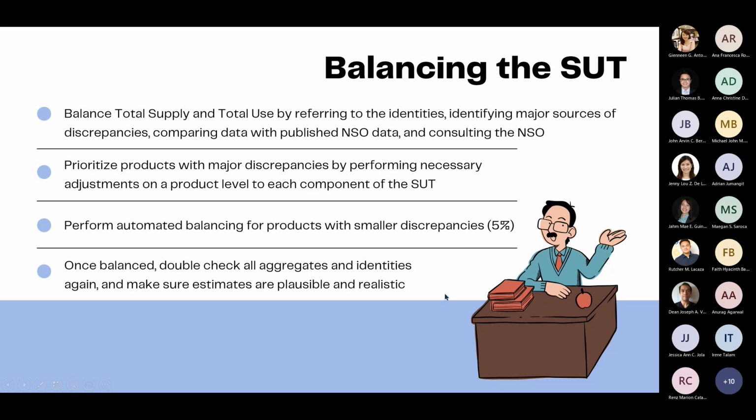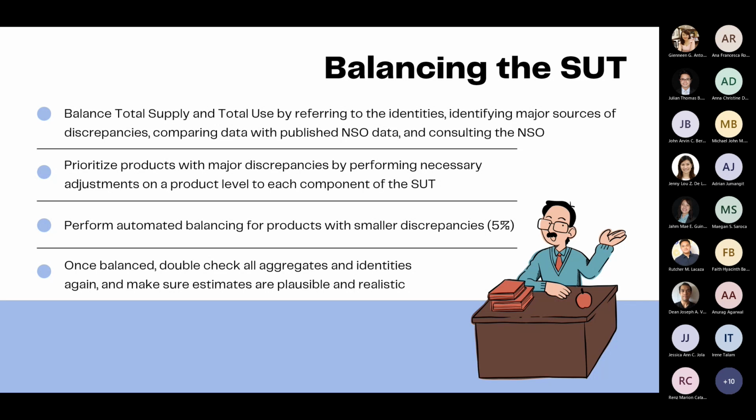So suppose that most of your 5 to 10% and above discrepancies have been addressed, we can resort to an automated balancing, but only for discrepancies that are very, very small. So even if you have really small discrepancies, double check which among the products still have the largest discrepancies, and review the estimates that you have again. You can perform further offsetting to limit the size of the discrepancies that have to be allocated via your automated balancing. So usually we employ the RAS method, which is commonly performed on the intermediate consumption matrix,